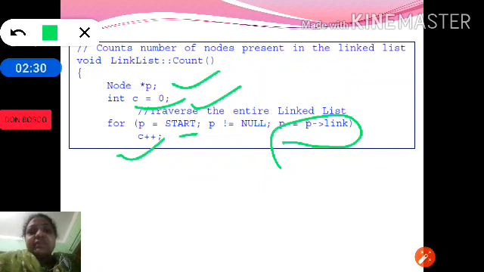And like that we start moving from the beginning. Once we reach the last node, as we know the last node's link is null, P is not equal to null becomes false. Control comes out of the loop and we get the total number of nodes available in the list.